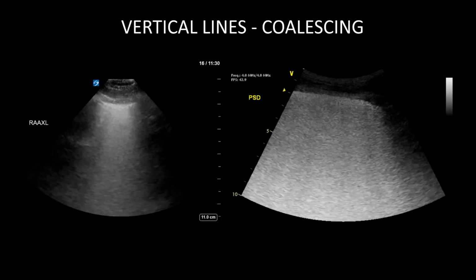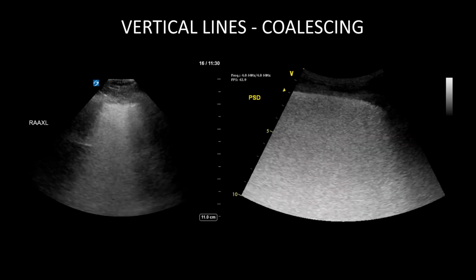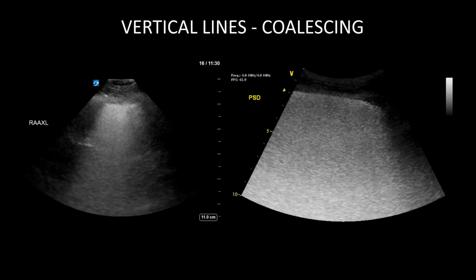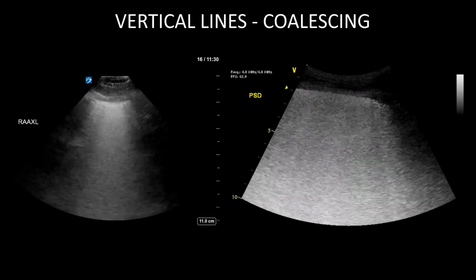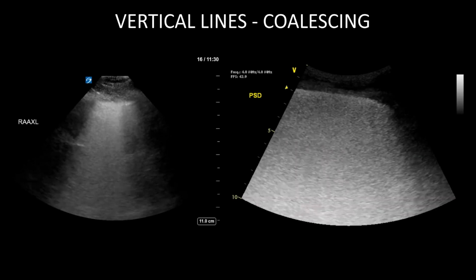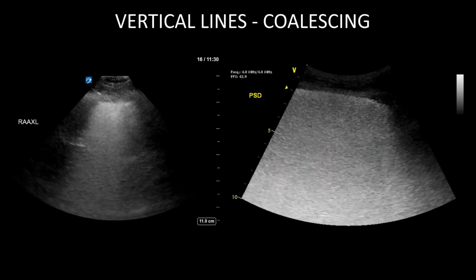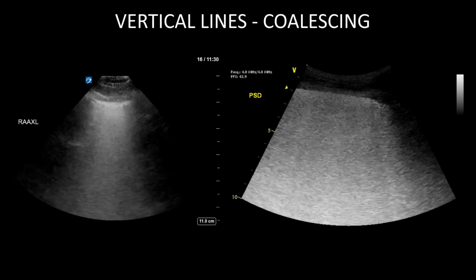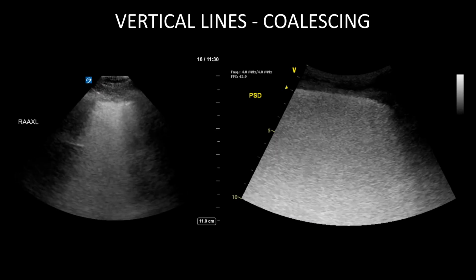As the interstitium becomes progressively more thickened and the alveoli become opacified, the vertical lines can coalesce, showing larger width, as shown on the left clip. In extreme cases, or in cases related to non-interstitial pathologies, the whole lung can be in a whiteout, as seen